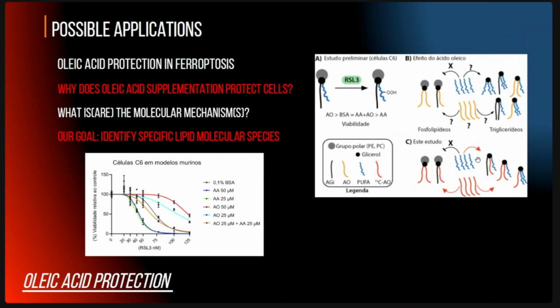Okay, the last one is a project that we have submitted as a scientific initiation kind of fellowship. And this again comes from data from Sayuri's lab, but who performed these experiments was Thiago. Here what he did was to use the C6 glioma model and then use RSL3 as a ferroptosis inducer, and then different concentrations of 2 fatty acids. One is arachidonic acid, which has 4 double bonds, and then oleic acid, which has just 1.